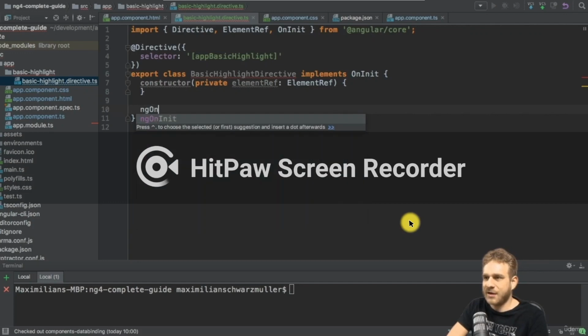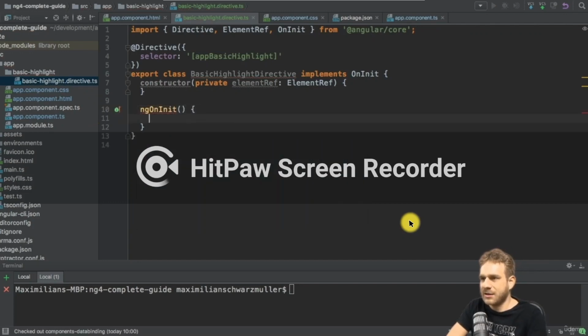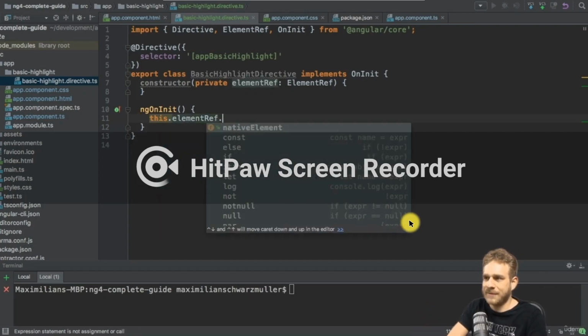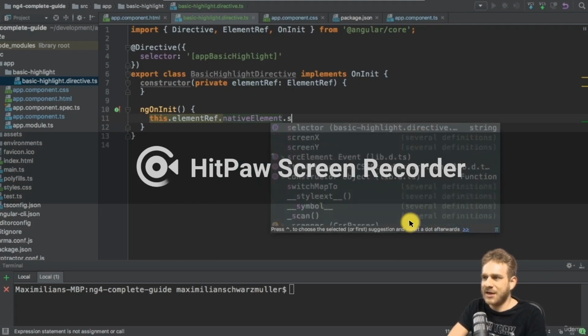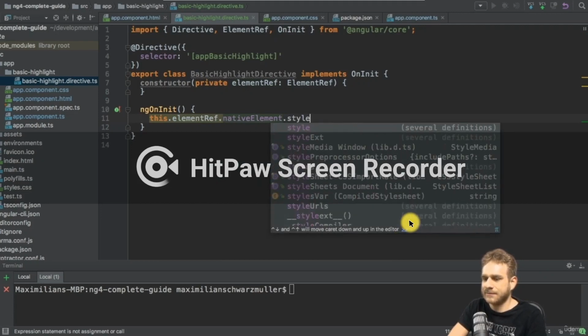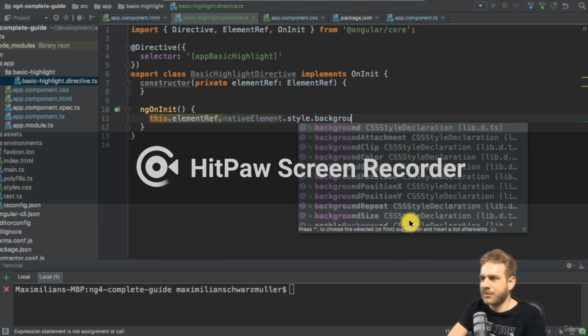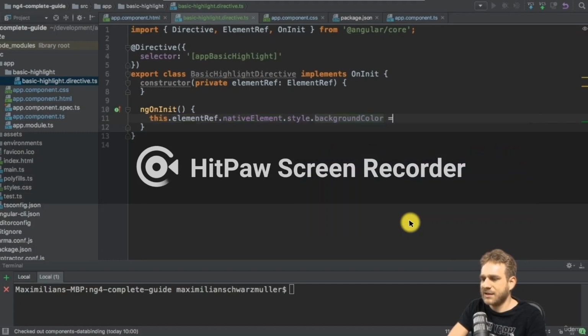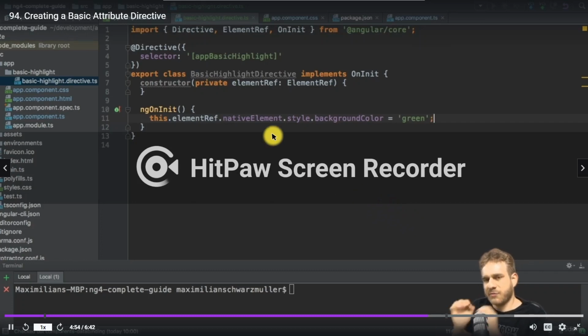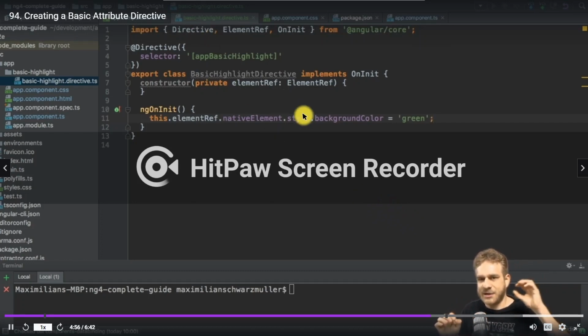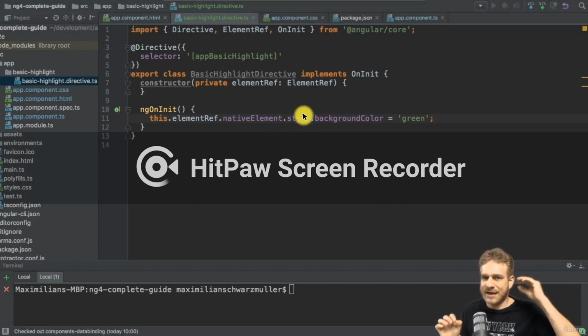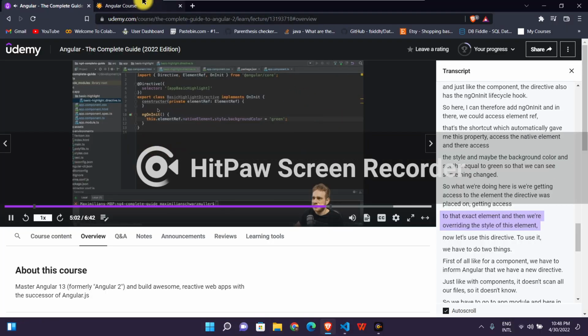So here I can add ngOnInit, and in there we could access elementRef, that's the shortcut which automatically gave me this property, access the nativeElement, and there access the style and maybe the backgroundColor, and set this equal to green so that we can see something changed. So what we're doing here is we're getting access to the element the directive was placed on, getting access to that exact element, and then we're overwriting the style of this element. Now let's use this